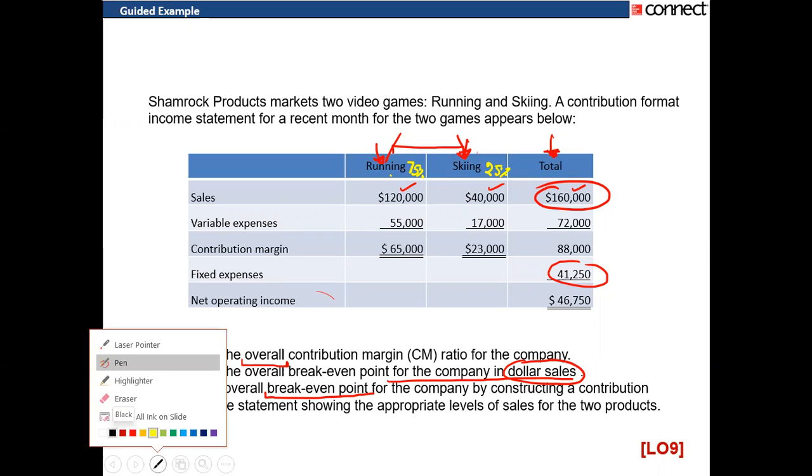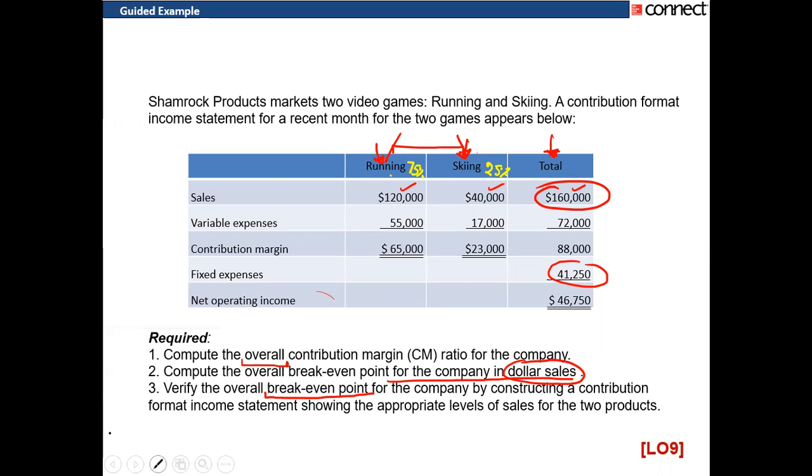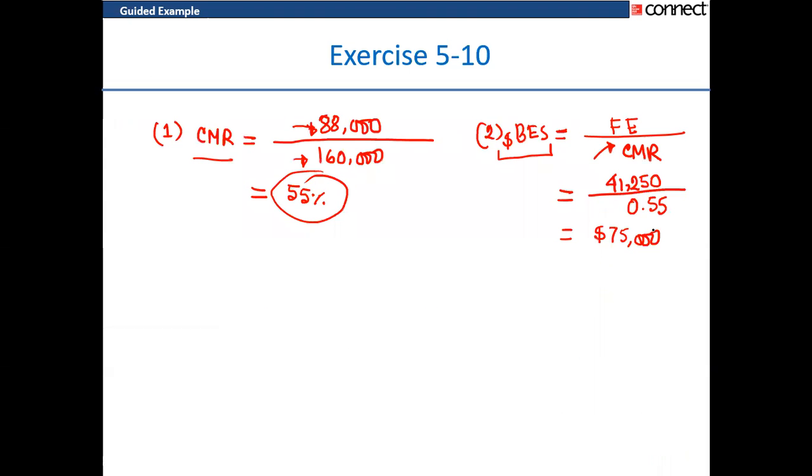So how can we use the number? Because we have to allocate this $75,000 sales to 2 video games. One is running and another one is Skyeng, in terms of 75% and 25%